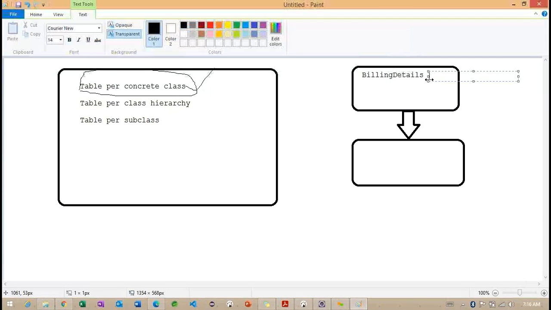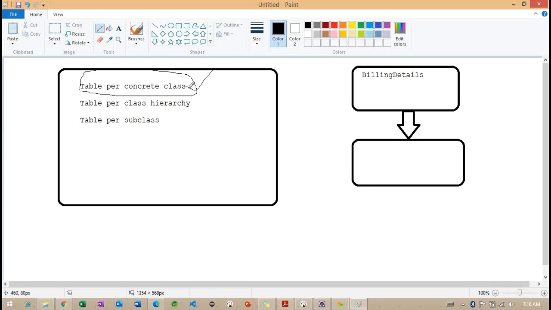So observe here what we are doing. As we identified here, we have three different approaches: table per concrete class, table per class hierarchy, and another one, table per subclass. So these are the three important concepts we are going to discuss here. In that, we are going to discuss the first one called